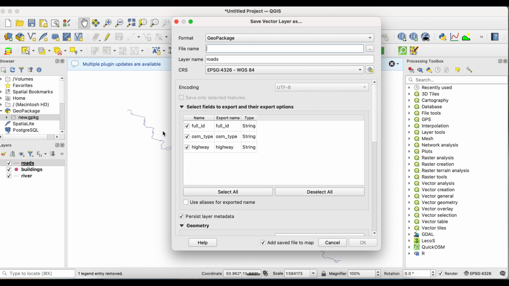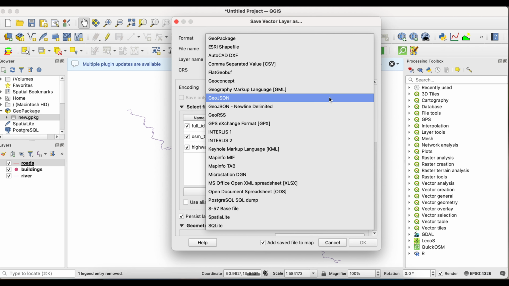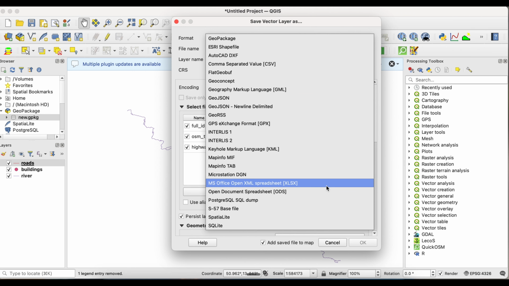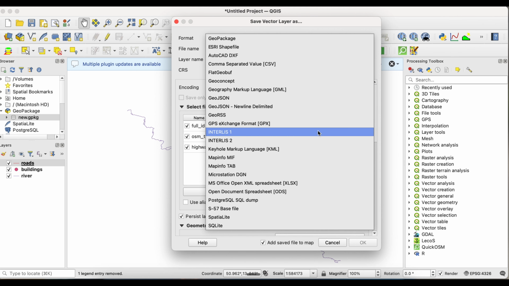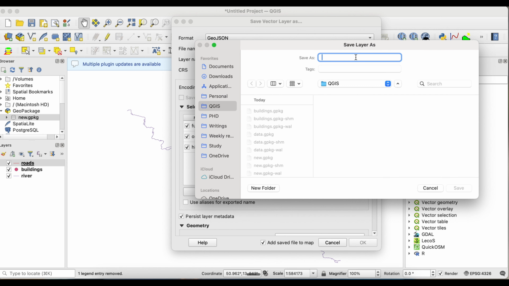Now, let's convert shapefiles into GeoJSON using the similar export option. GeoJSON is a modern format built for the web. It's just one file, easy to share, and since it's based on JSON, web browsers and mapping libraries like Leaflet and Mapbox can read it instantly. That's why GeoJSON is the most popular choice when you want to take your GIS data from QGIS into an